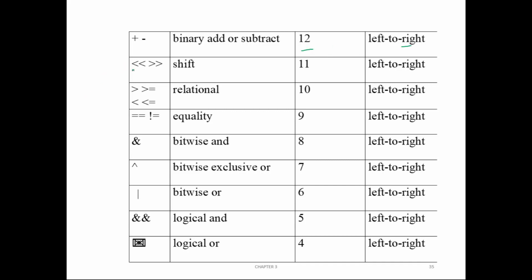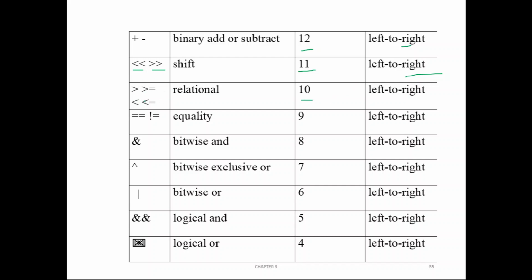Next, for shift, left shift and right shift. Okay, you can shift the bit positions in C, right? So shifting by 1 time or 2 times, that has the next highest priority 11. That also executes from left to right. Then all the relational operators, less than, greater than, greater than or equal to, less than or equal to. So this has the next highest priority.